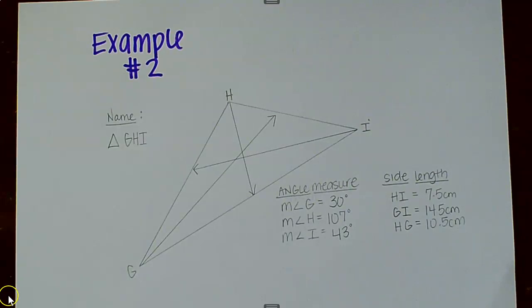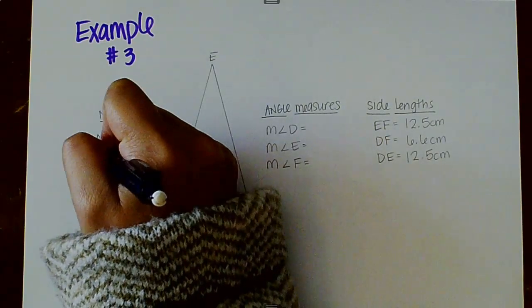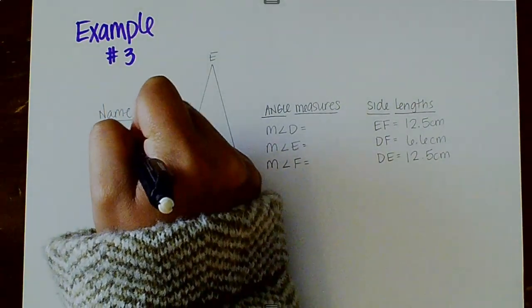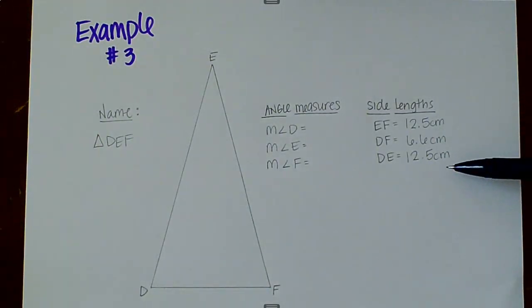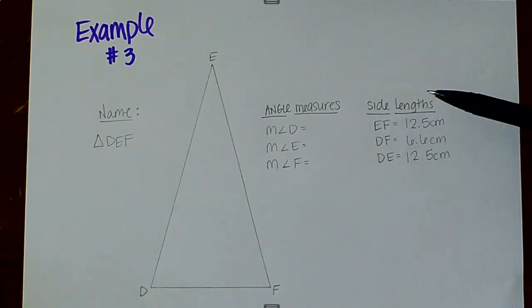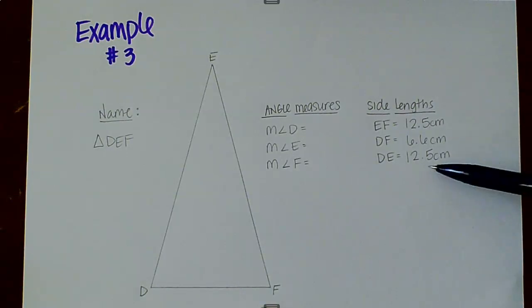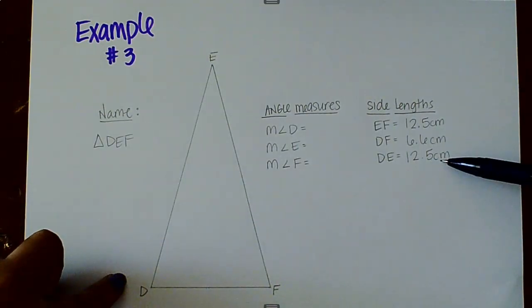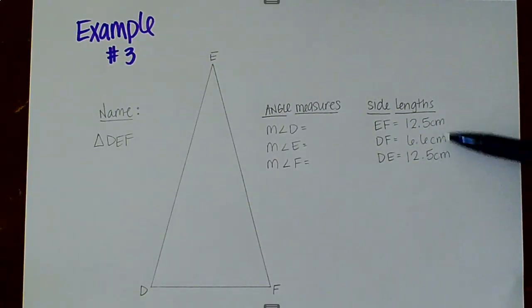So example number 3, our last one, we have triangle DEF. On this one, I've given the side lengths already. I've measured them out. Side EF is 12.5 centimeters. Side DF is 6.6 centimeters, and side DE is also 12.5 centimeters. So just by looking at the side lengths, I know that this is an isosceles triangle because two sides are the same length. Now, what do you think is going to happen with our angle measures since these two sides